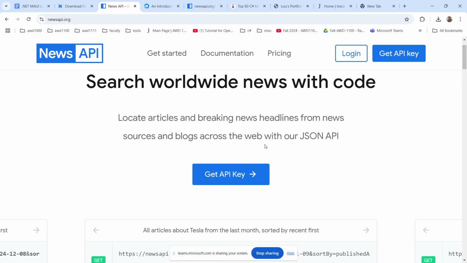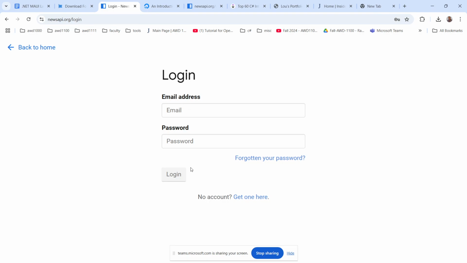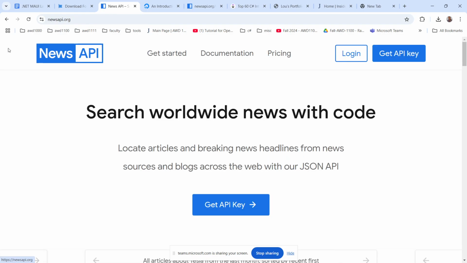Here you go and log in. I've already got an account, but you'll have to log in. If you don't have one, get one here. So go ahead and click this, create an account, okay? And for that account,